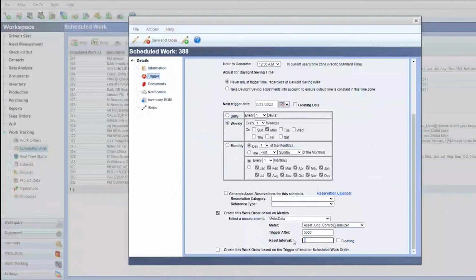And then I can also set the reset interval, in this case, every 3,000. So once I hit 5,000, it'll then reset for another additional 3,000. Floating will set it up so that if my reading was, let's say, 5,010, it will reset to 8,010 instead of just 8,000. I can also have a third trigger